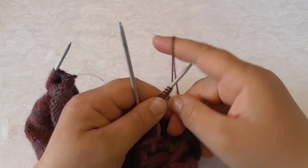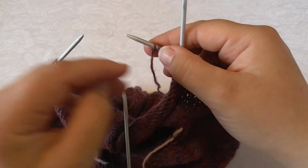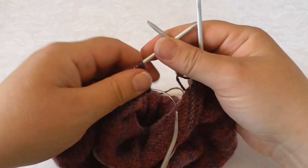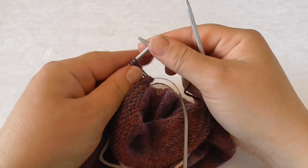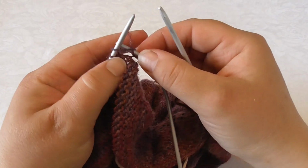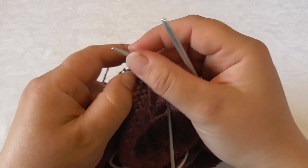3, 4, 5, 6, 8 stitches in my case. How many stitches you should use will be stated in the pattern you are following. And now, to connect the front and back piece, I simply continue to knit. And I knit the first couple stitches a bit tight,